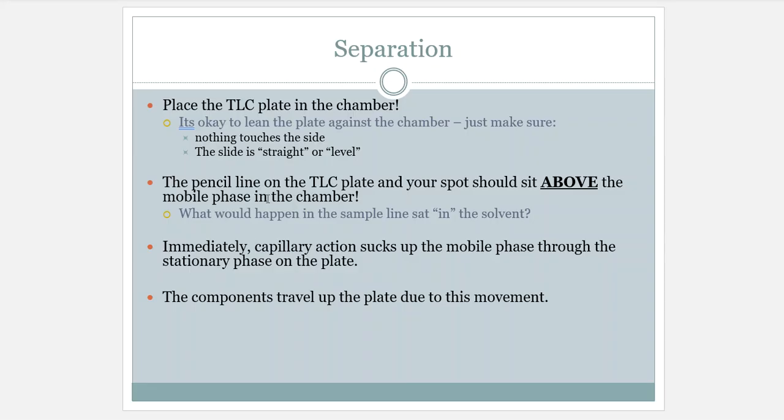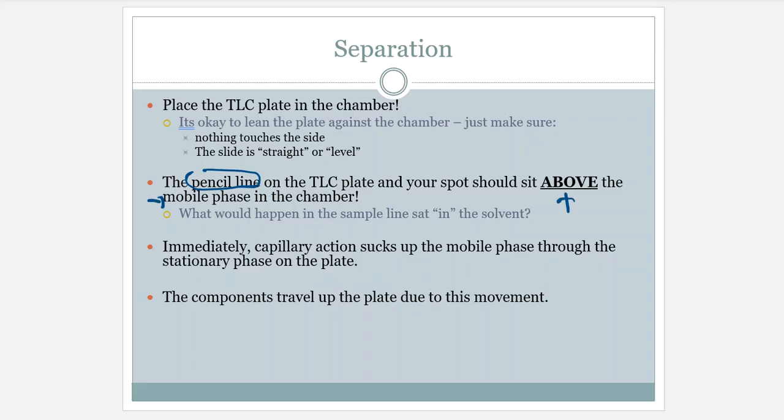So you want to make sure that the sample does not rake up against the sides of the plate, nor the sides of the developing chamber. And it should not be. You should not be spotting that far on the outskirts anyway in the first place. Next up, you should be using a pencil line, not a pen, and it should be above the mobile phase